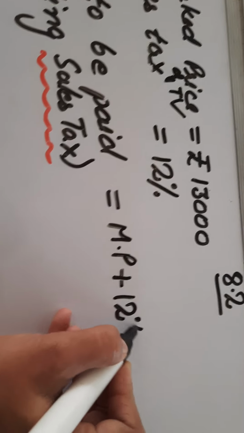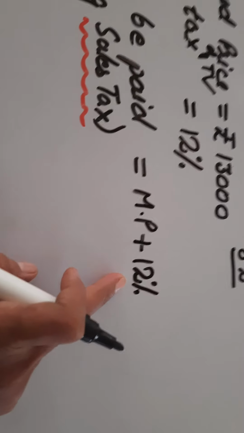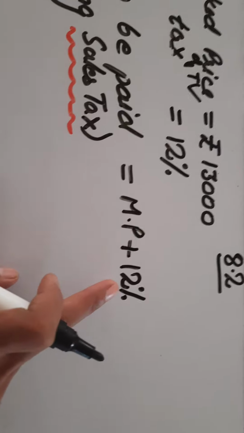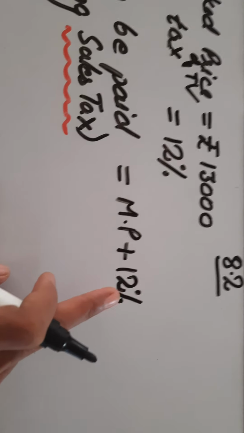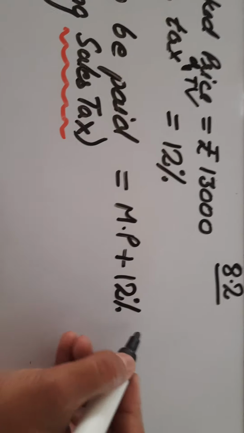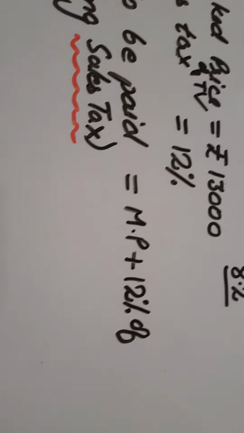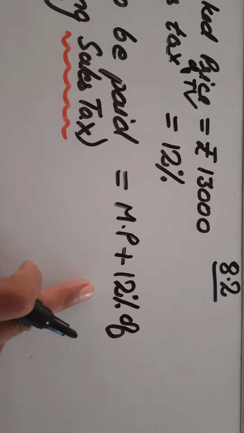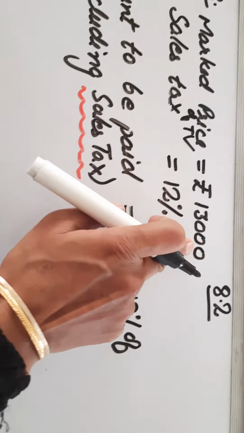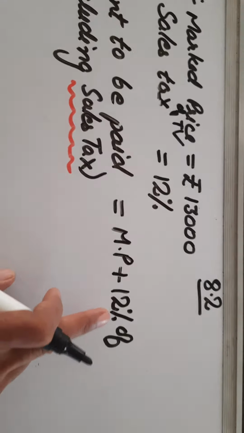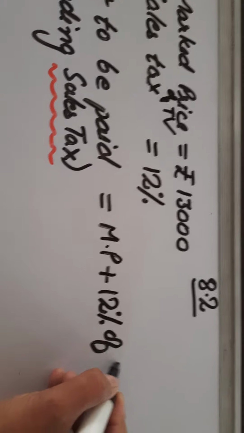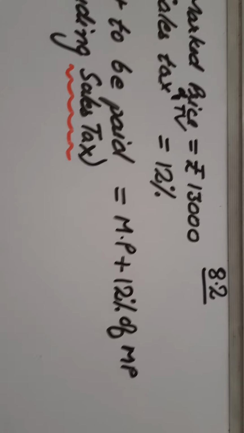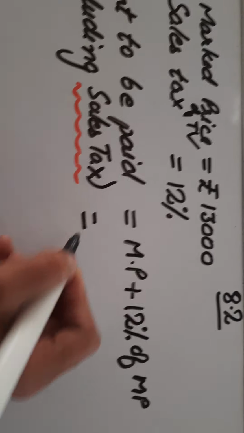12%. And dear students, as I told you, percentage can't be taken alone. Percentage कभी भी अकेले नहीं होती. Percentage किसी ना किसी से multiply होती है. So 12% of obviously, किसका percent लिया जाता है? जो original price होती है. That means 12% of the marked price.